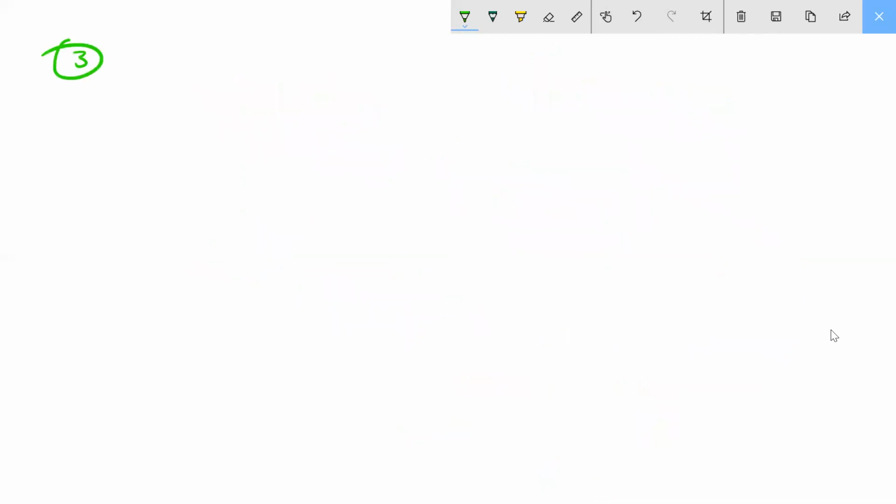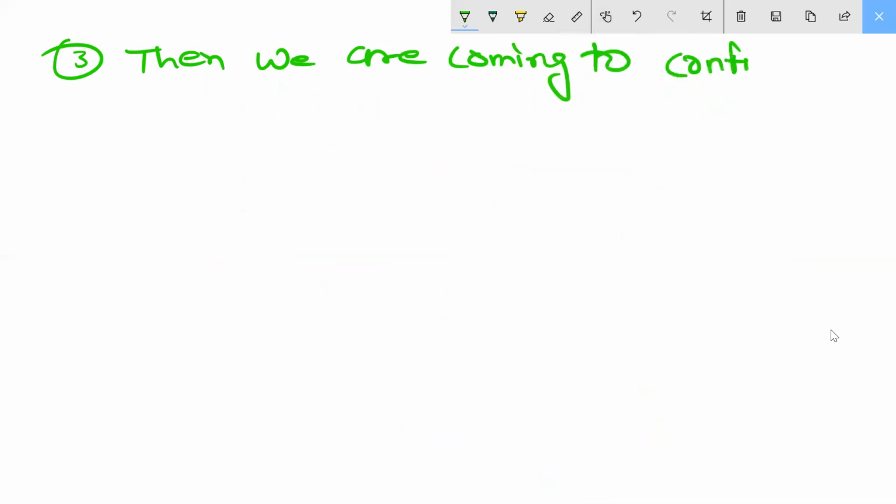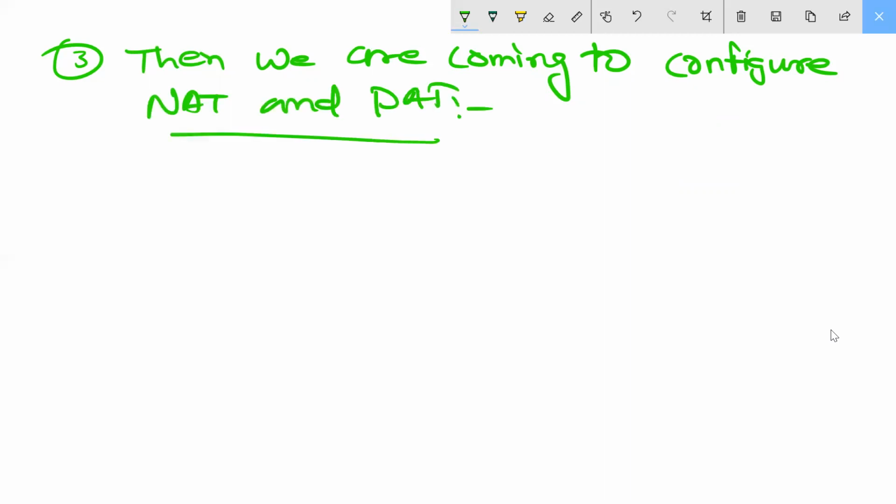The third point is to configure NAT and PAT. Just try to concentrate. We are coming to configure NAT and PAT. For that, go to the policies.